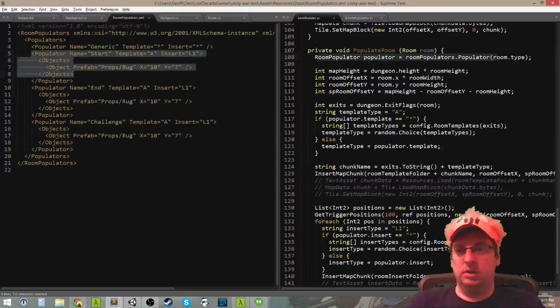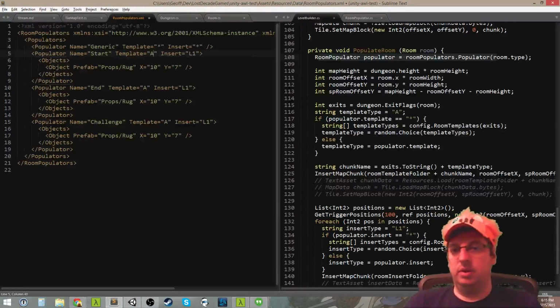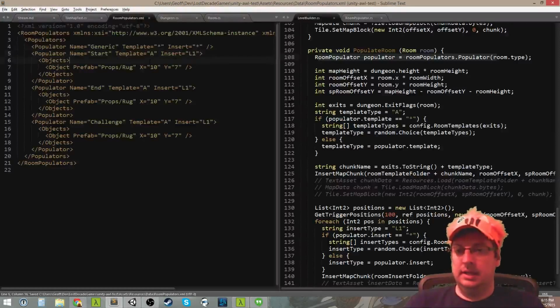But for some of the other ones, I'm going to want to have either specific control, or it could just be like a subset, like only A, B, or C, or whatever. But that's what controls the room template, because I want the start rooms to be a particular way sometimes. But I also want these objects to exist there. So